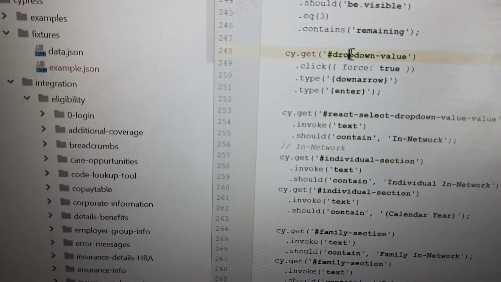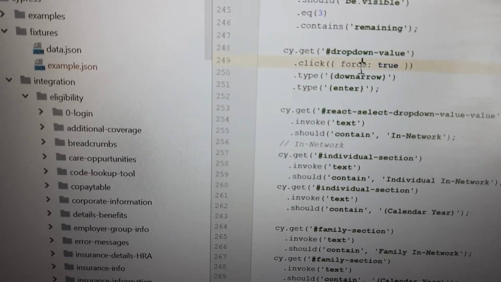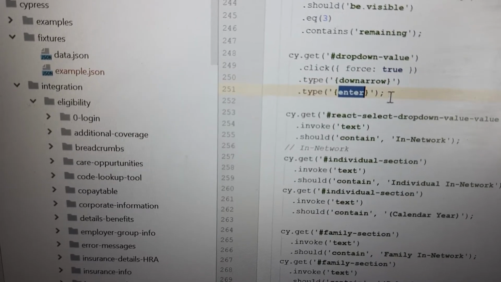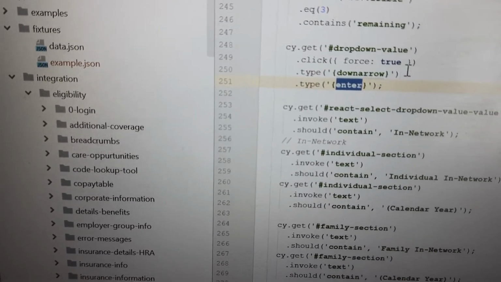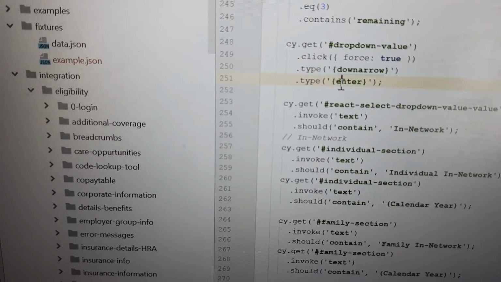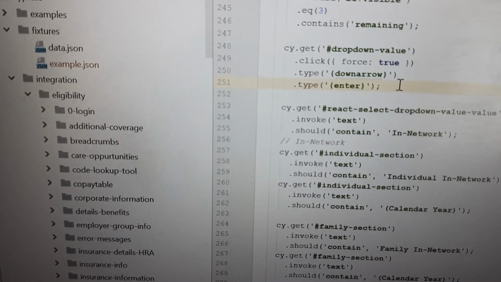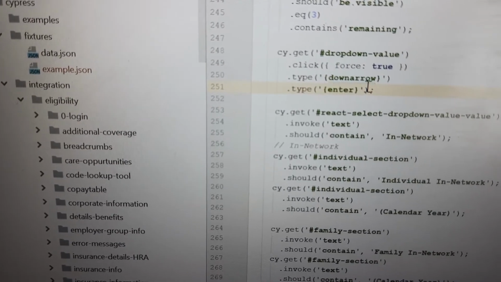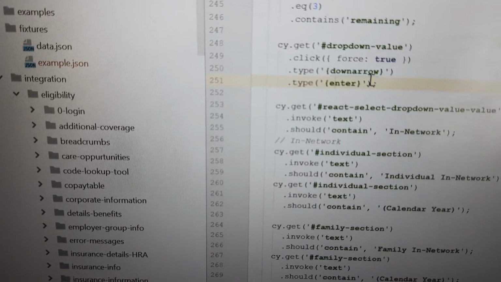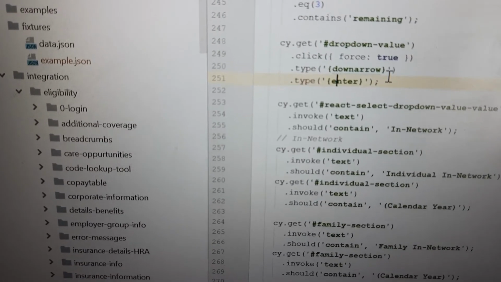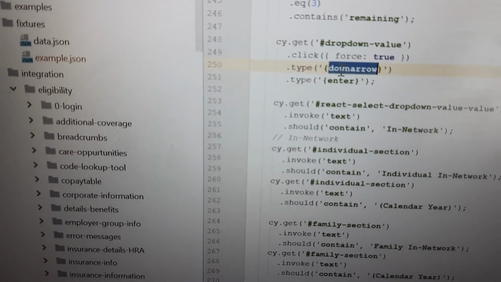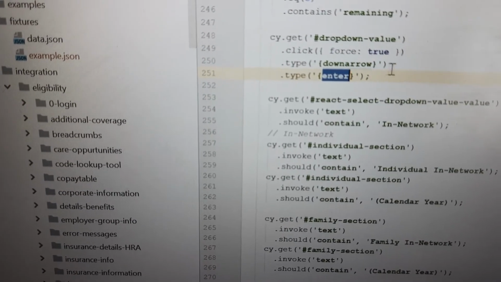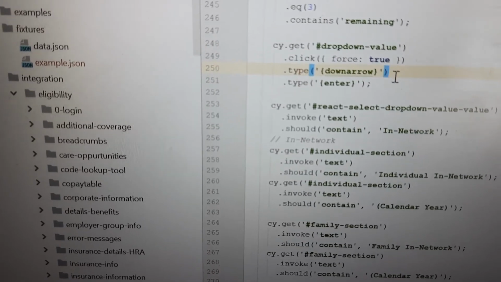then you can just get the drop down value, click it, type down arrow and then type enter. If you want to do one more down arrow, you can mention one more down arrow here and then click on enter like that. This is the case where you know exact values of the drop down, and like the listing of the drop down values, like maybe 1 2 3 are there, and then you have to select two, and you can just do one down arrow and then you can click on enter, which will be like 2. If you want 3, you can do two times of this down arrow and then you can click